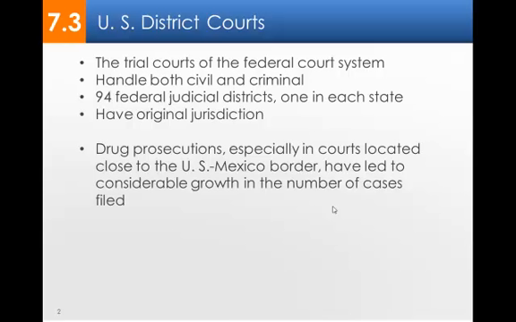Illinois has three, and theirs go north, south, and central. But it's a much bigger state as well. You'll see a lot of federal drug prosecutions there, and bank robberies, if it's a federally insured bank. The cases have certainly grown. Here you'll see a little bit of everything, probably drug cases as much as anything, and cases involving crossing state lines because of the proximity with Illinois and Kentucky and Arkansas. Those take on federal jurisdiction as well.